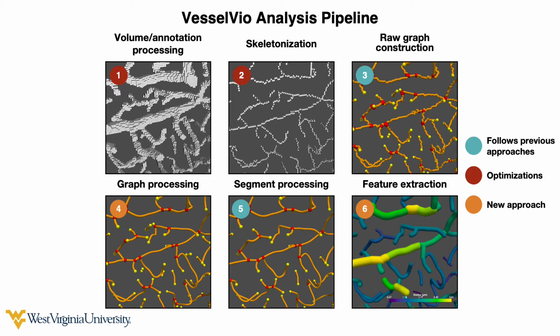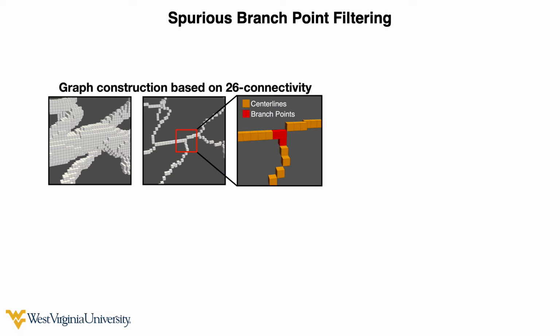Rather than focusing on the details of the optimizations, today I'm going to focus in on two of the new approaches that I took during the analysis. In the first new approach, I sought to address the issue of spurious branch point labeling that occurs in naive skeleton-based analyses. In order to identify branch points in datasets, the current main approach is to create an undirected graph